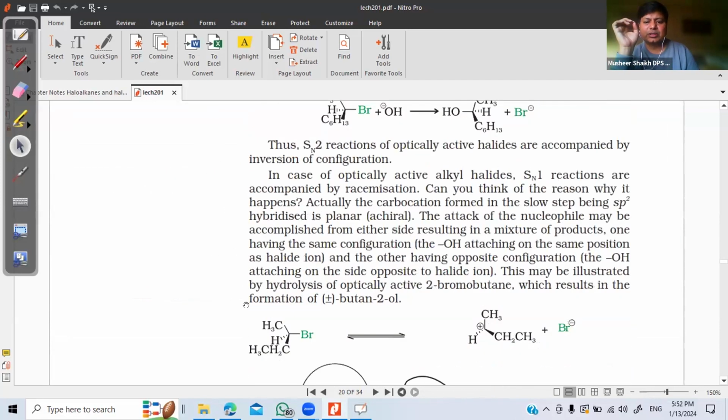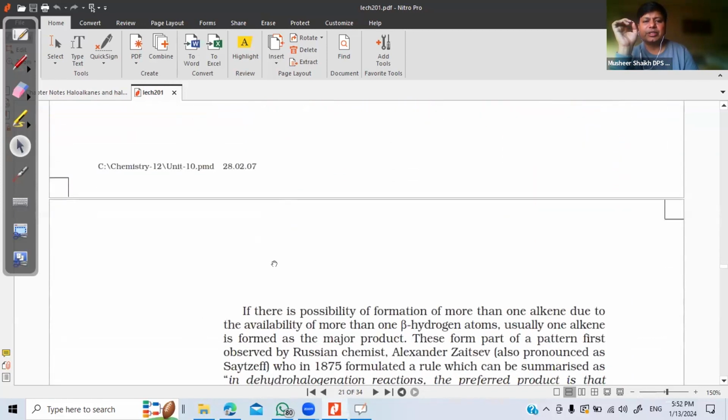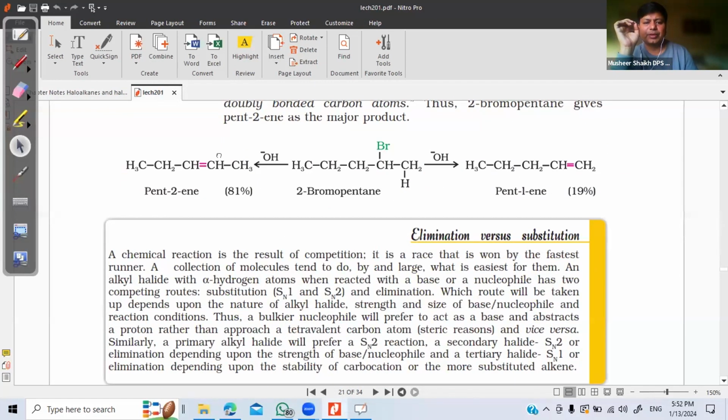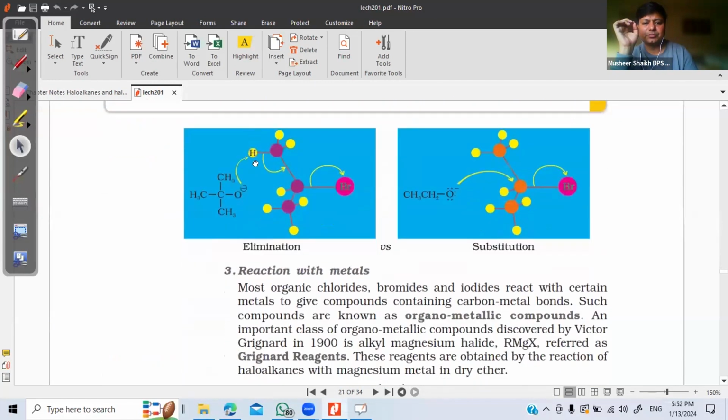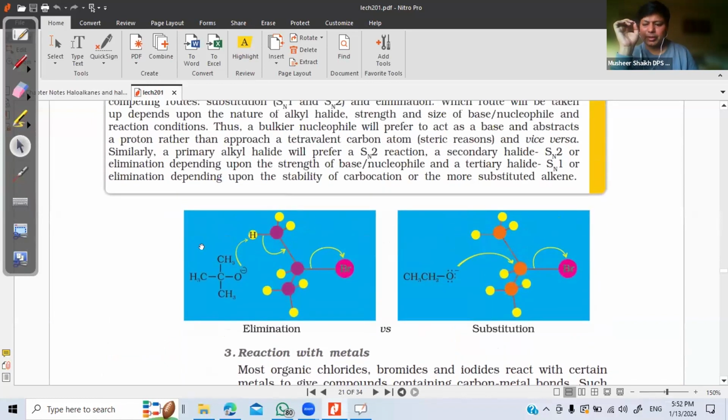This is the elimination reaction. The mechanism is very important. So, chemical properties, guys. So far, it's almost 45 sessions over. In the next session, we can continue with the chemical properties of the alkyl halides. So far, what we have done is